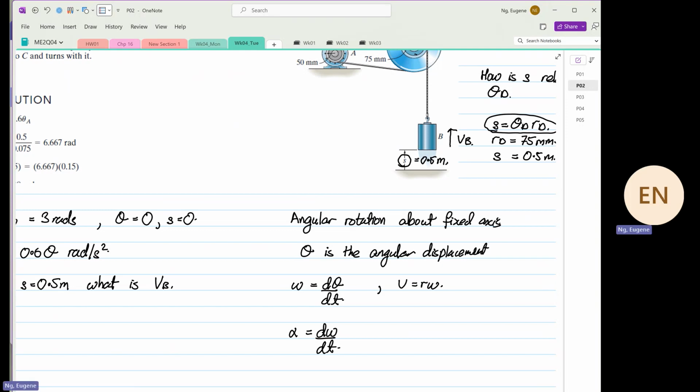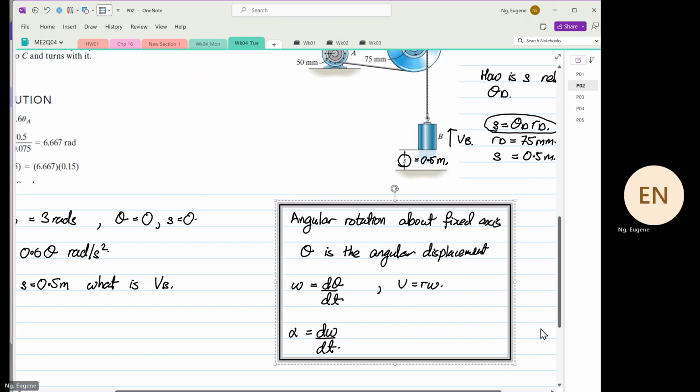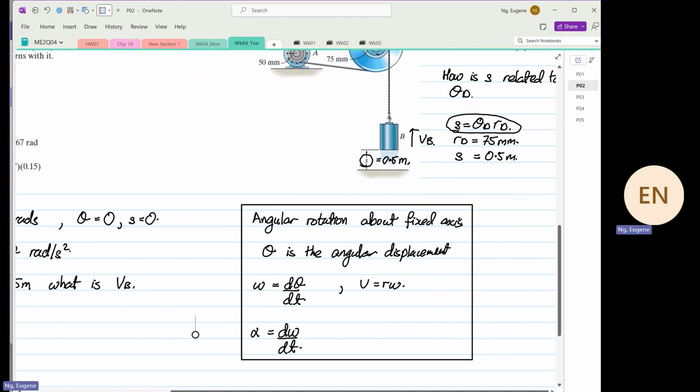Do you all want me to provide these formulas in your formula sheet? Okay, provided. Because I understand there's an analysis component, I will provide all these formulas. Okay, so I will provide all these formulas. So from here, if we look at what we have, so given here, we can find theta D, right? From this formula, we can determine